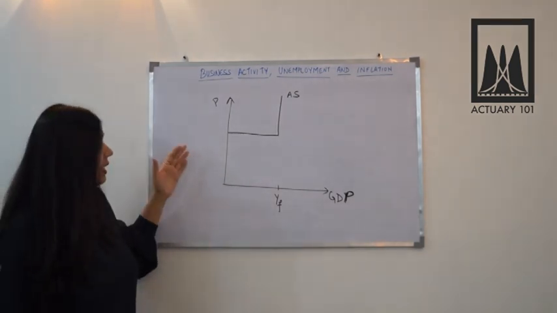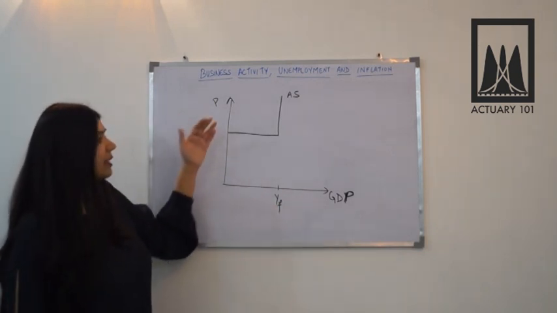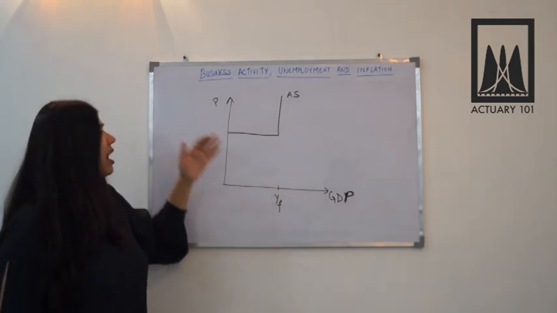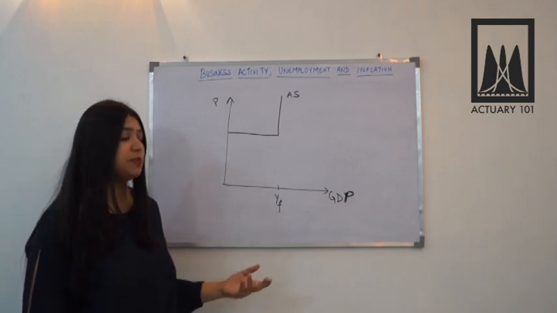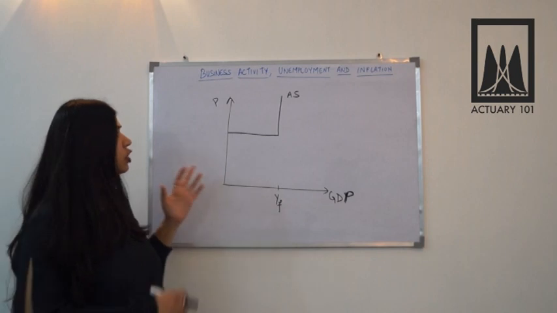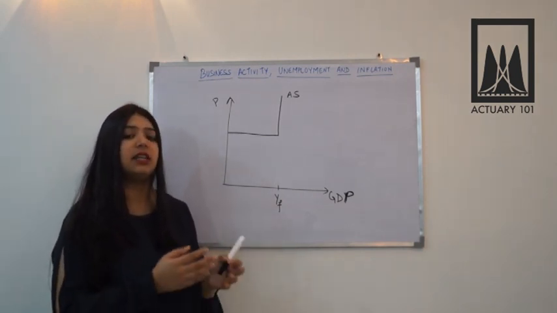So you can say that up to the level of full employment level of GDP, the aggregate supply curve is completely elastic, is perfectly elastic. However, as soon as we reach the full employment level of GDP, the aggregate supply curve becomes totally inelastic. So this is what we can draw the conclusion from the diagrams that we have seen, the inflationary gap and